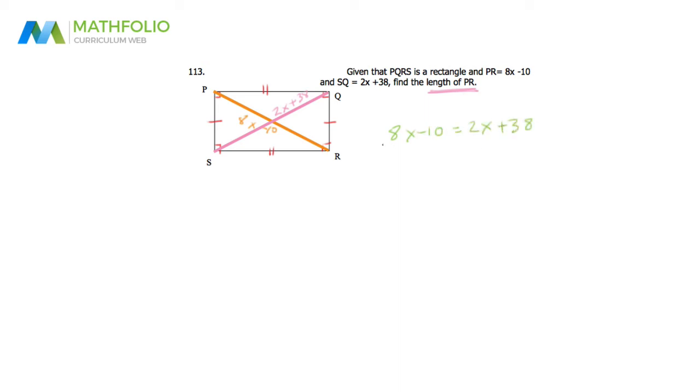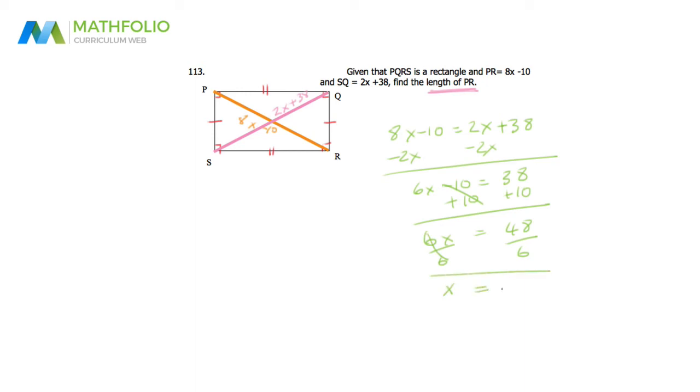So now when we start to solve this, we look for the baby x, which is the 2x. Let's get rid of that first. So you end up with 6x minus 10 equals 38. Let's add the 10 to both sides. So here we end up with 6x equals 48. When we divide both sides by 6, we end up with x equals